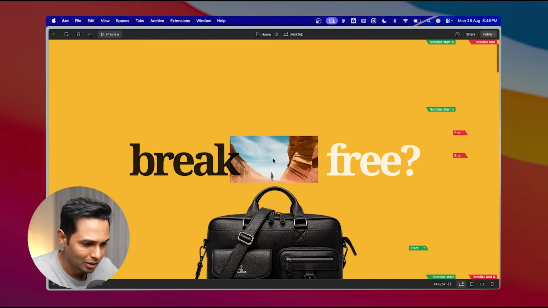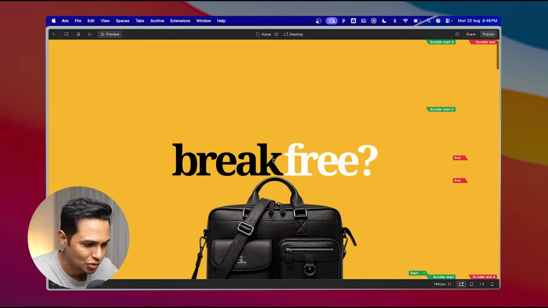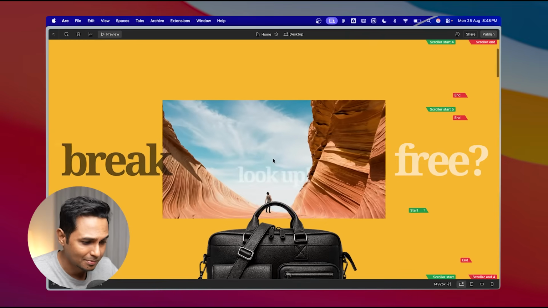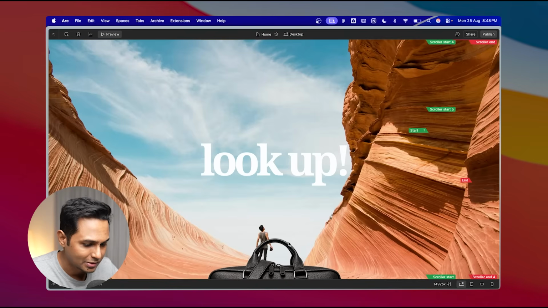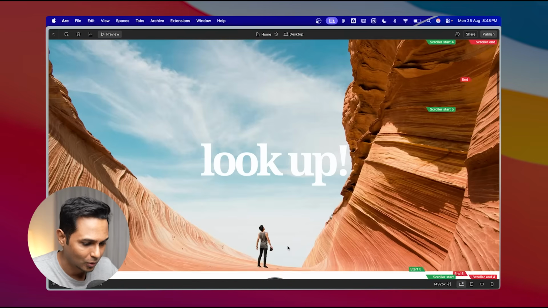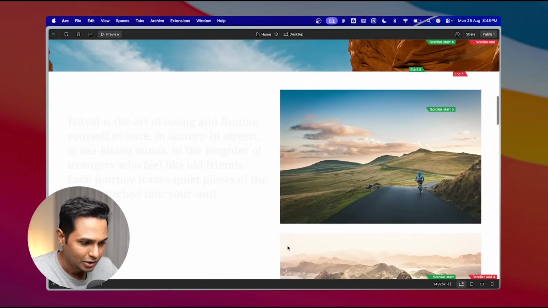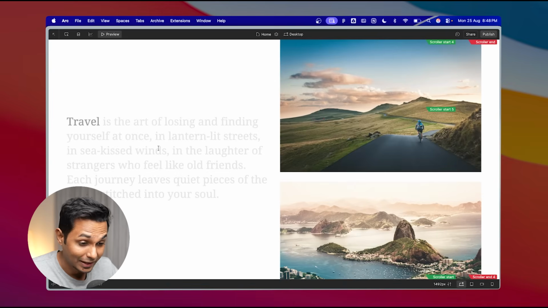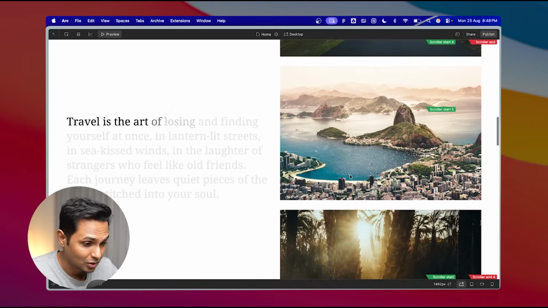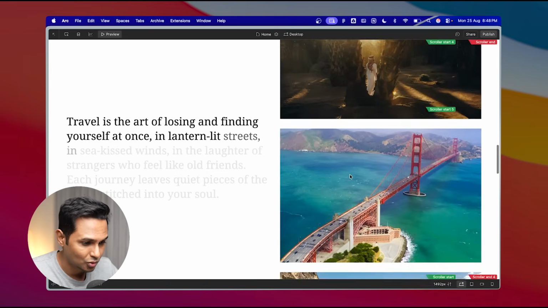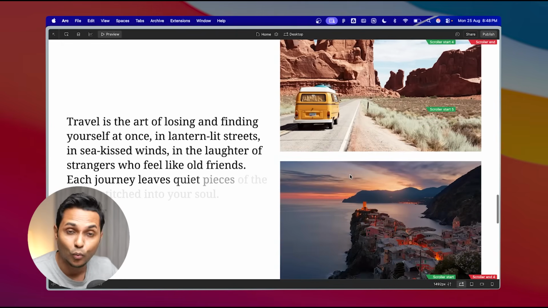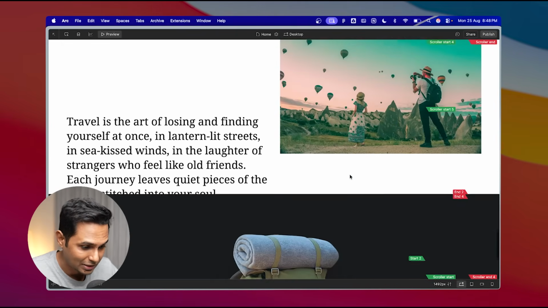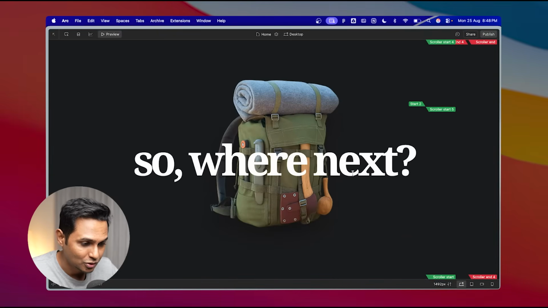If you scroll down, the break and free goes on two different sides, and this image zooms in, which says look up, and the briefcase, the work bag, finally goes down. And then when you scroll again, you see a block of text, it's a quote, and then this carousel of images going on. As you continue scrolling, the carousel keeps scrolling on the right side and the text keeps appearing word by word on the left side, followed by this section, which has a picture of a backpack which says,